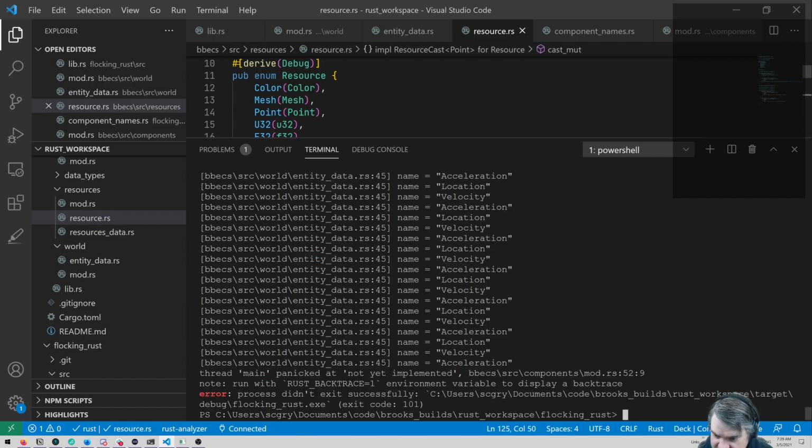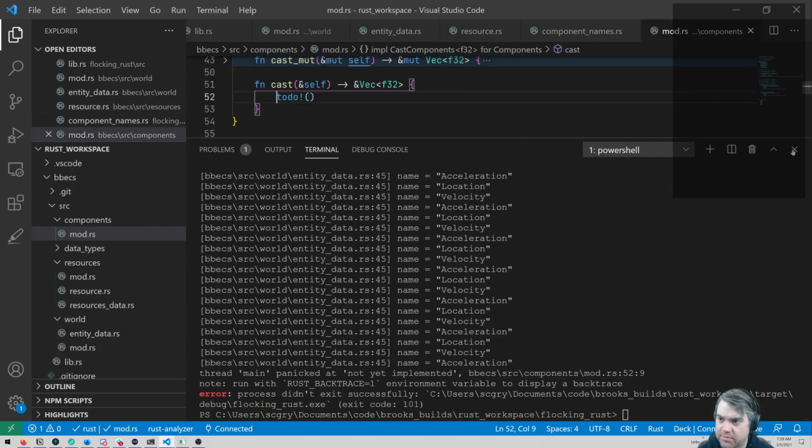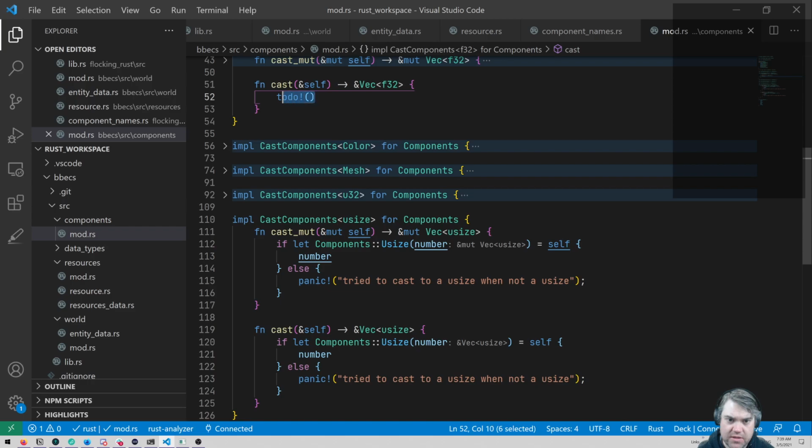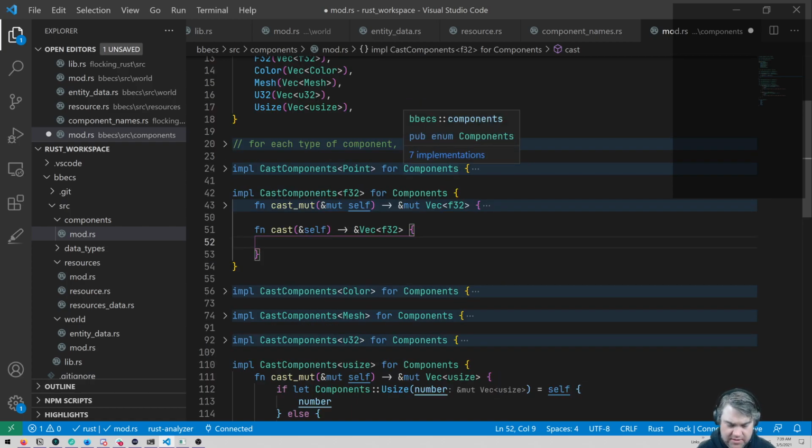Another not yet implemented. This time at components. So we're casting to the vec of F32. Okay, so I think it's the same thing.